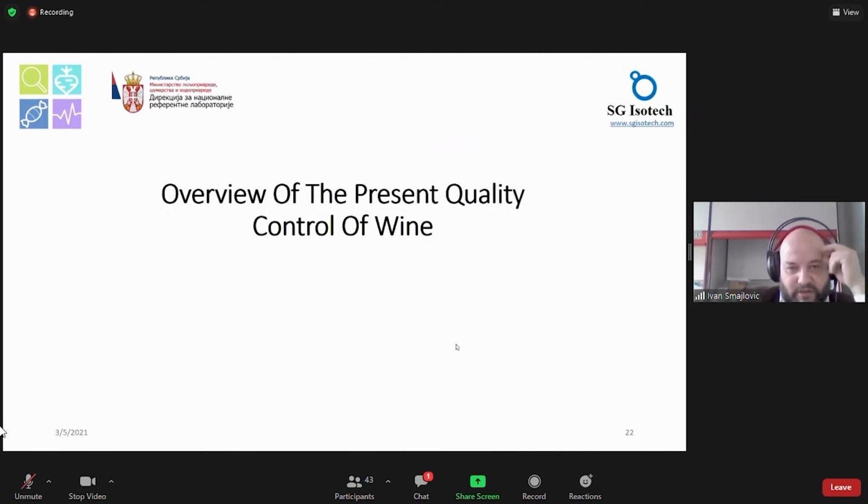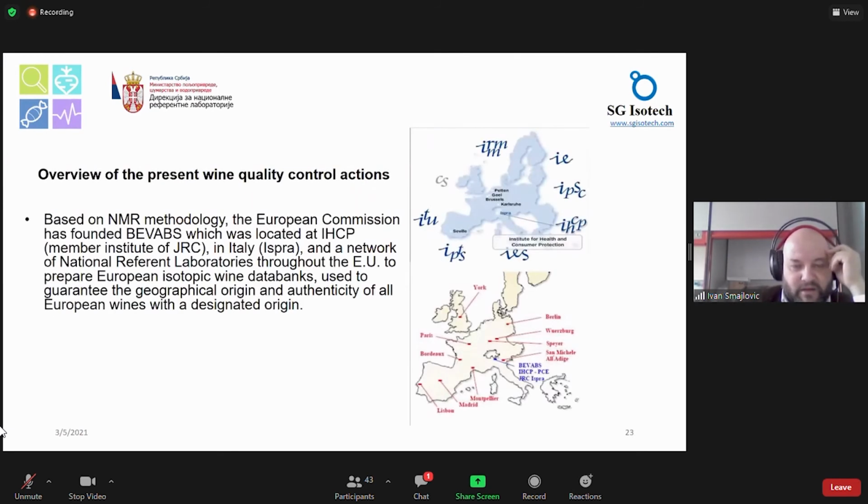So this is just what I explained. Based on this knowledge, these findings, today the son of Professor Gérard Martin is a billionaire. They patented this, and based on this NMR concept, today we have a